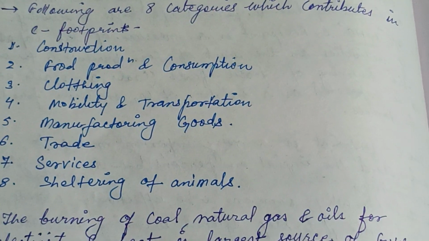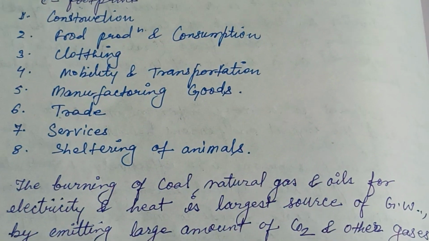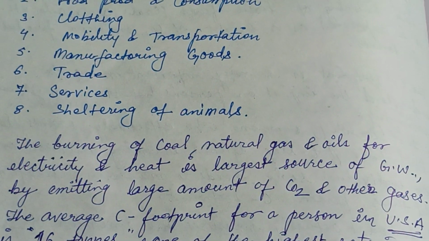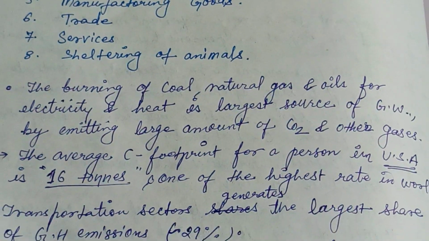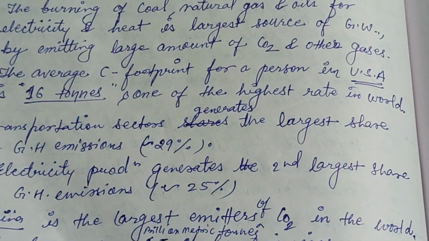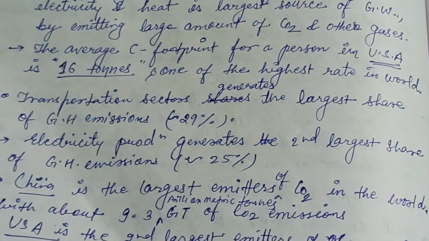So following are the eight categories which contribute to a carbon footprint. That is first, construction, food production and consumption, clothing, mobility and transportation, manufacturing goods, trade, services and sheltering of animals. So the average is about 16 tons, one of the highest rates in the world, produced by the USA,